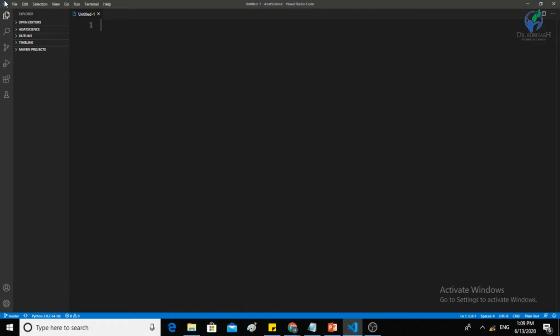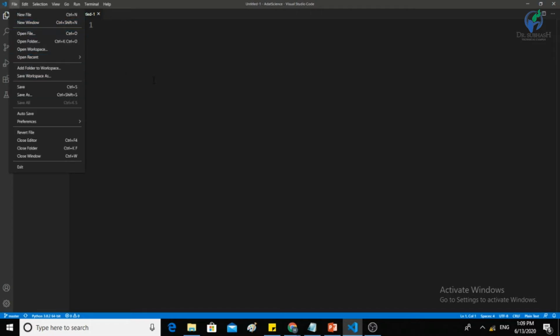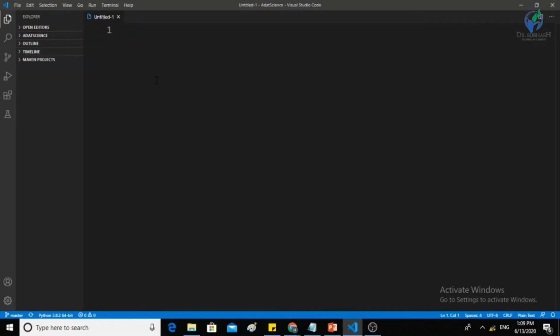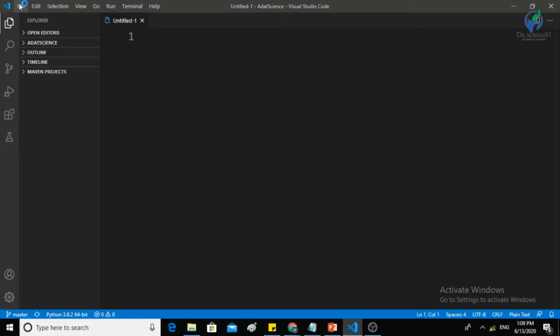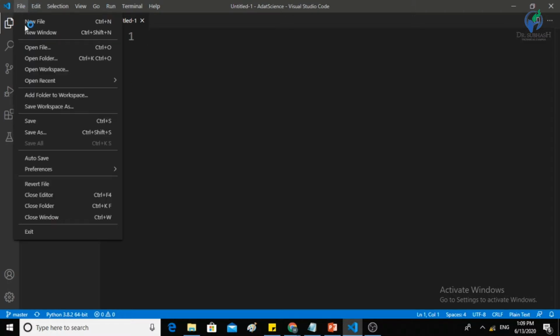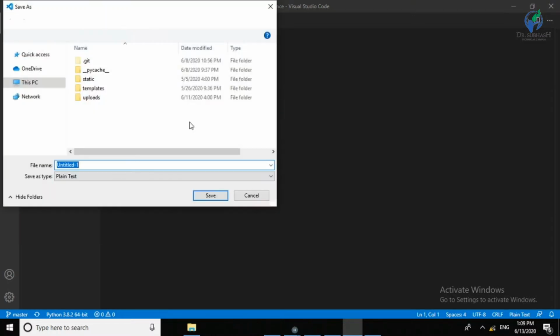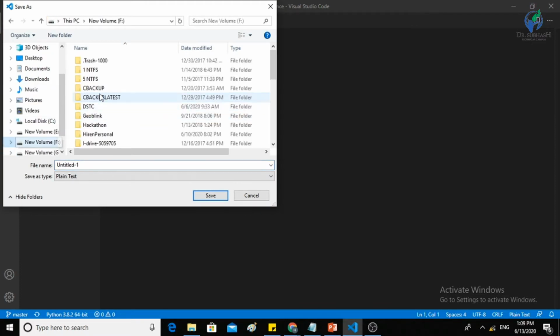First of all, we will be doing the coding in Visual Studio Code. It's a good editor to work with different languages. Let's save this first file with the Java extension.